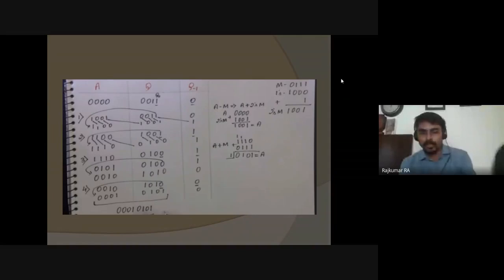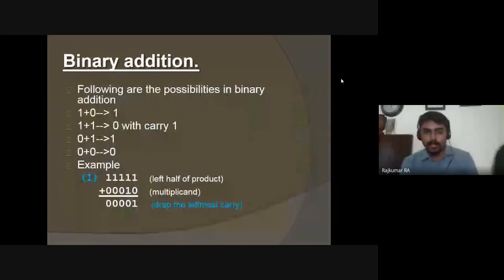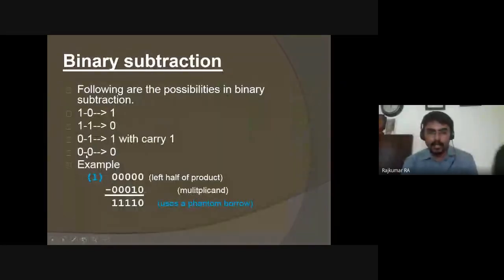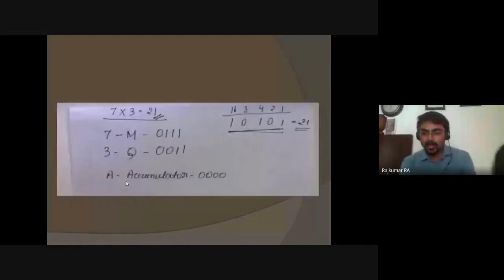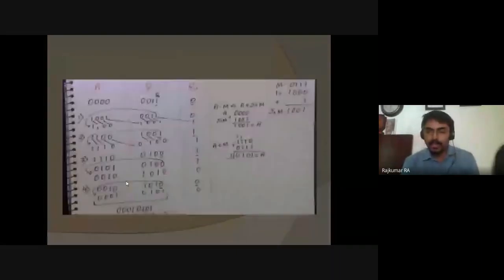So like this. Okay, so in a minus m, 0 minus 1 will come. So 1, then 1 will be carry again. So likewise, you can do it for binary subtraction also. But doing the subtraction is complex, and doing the addition is easy. So after the 2's complement, we just perform the addition of the m value.